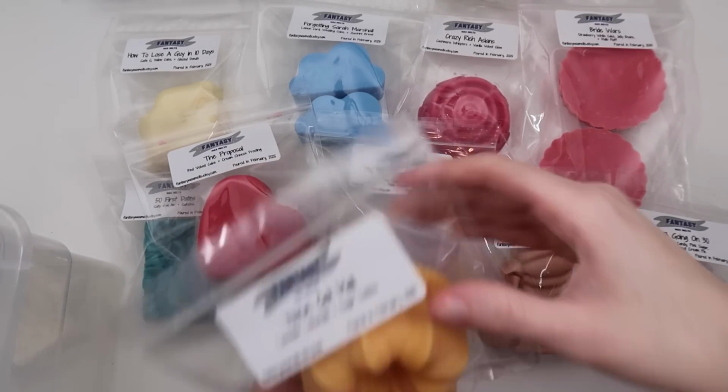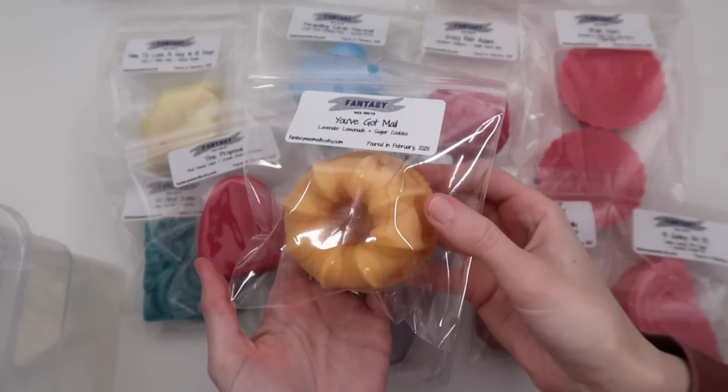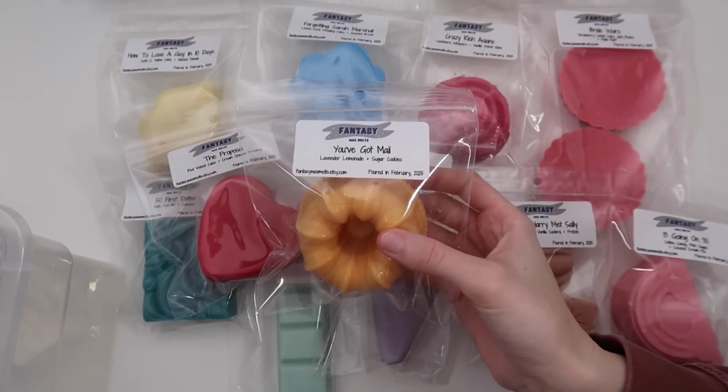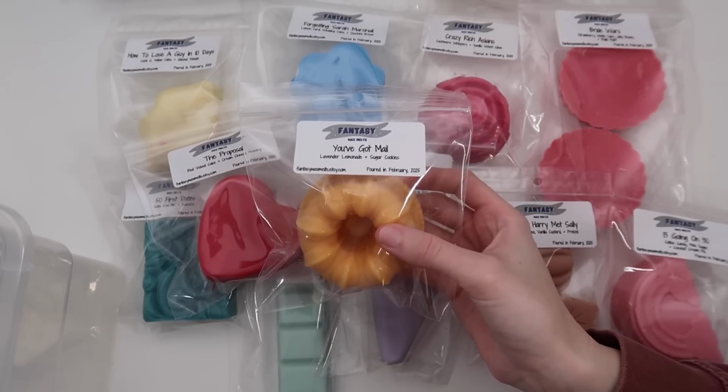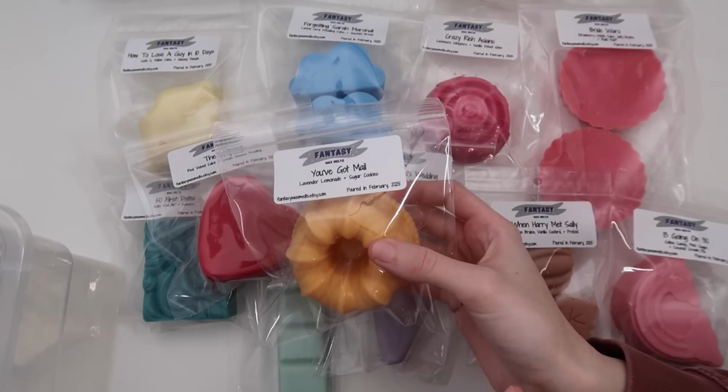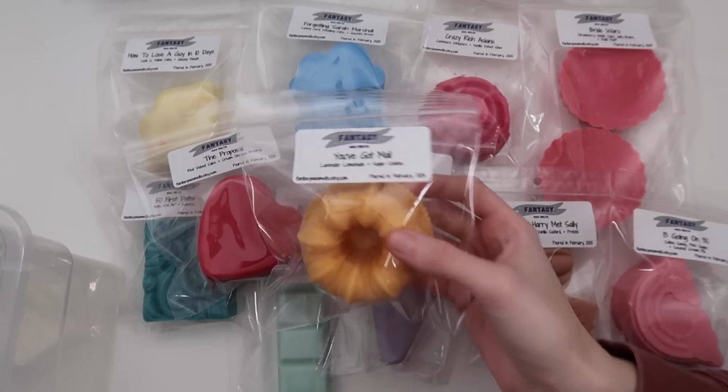Next, we have You've Got Mail. I have a bright orange bunt here. This is a fun blend, okay? So this is lavender lemonade and sugar cookies. I've never done lavender lemonade before, but again, I got a sample of it and I was like, wait, I actually really love this. If you love any of the lemonade fragrance notes, I definitely suggest checking this one out